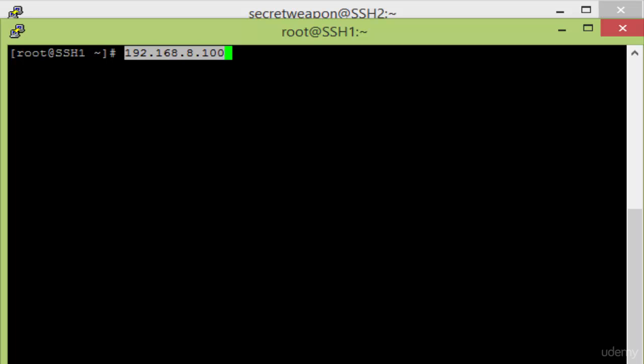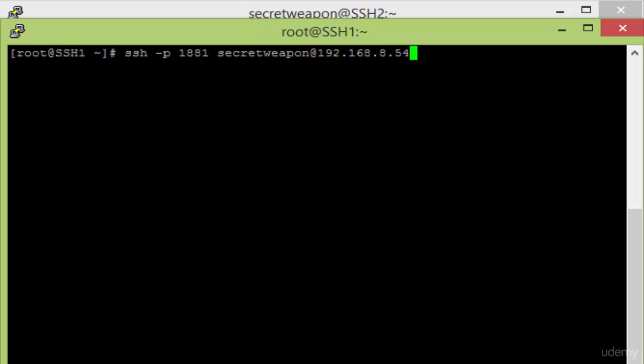So let's connect to SSH service on SSH2 machine. So I will type ssh -p and the port on SSH2 machine, which is 1881, and our user, which was secret weapon